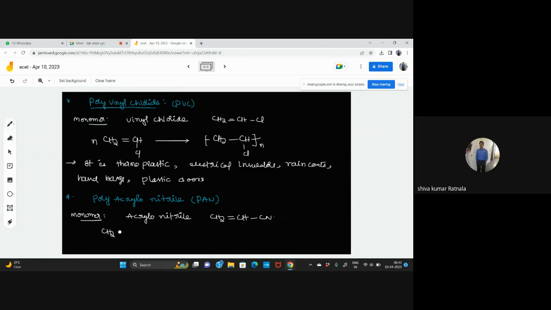This acrylonitrile, by polymerization, we are going to get polyacrylonitrile. This is PAN. So generally what we are going to use here: carpets,